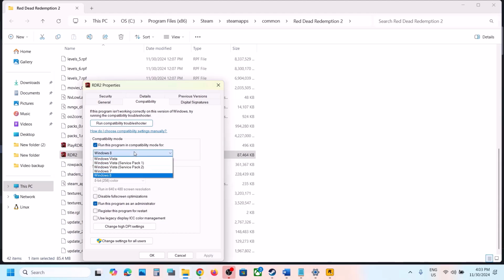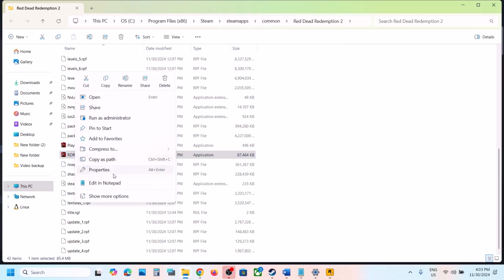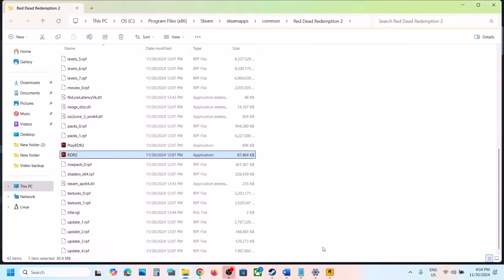If that does not work, you can select Windows 7 over here, hit apply, click on OK, launch the game and then check. Still not working, put a check on disable full screen optimization, hit apply, click on OK. Do the same thing with this exe file and then you can launch the game. When you put a check on all these boxes and it's still not working, then you can uncheck these boxes. If it's not working, uncheck it, hit apply, click on OK, and then follow